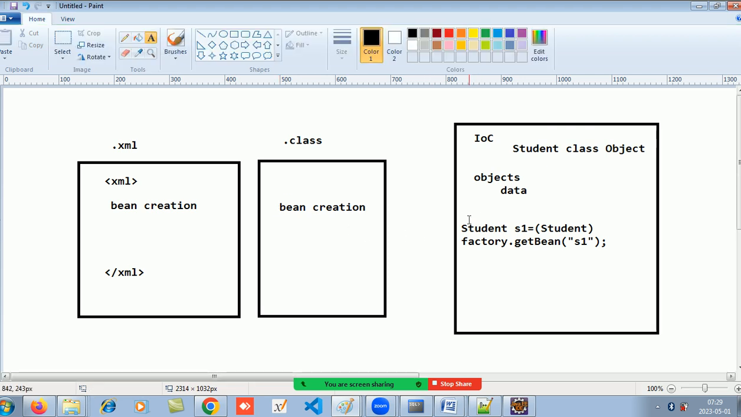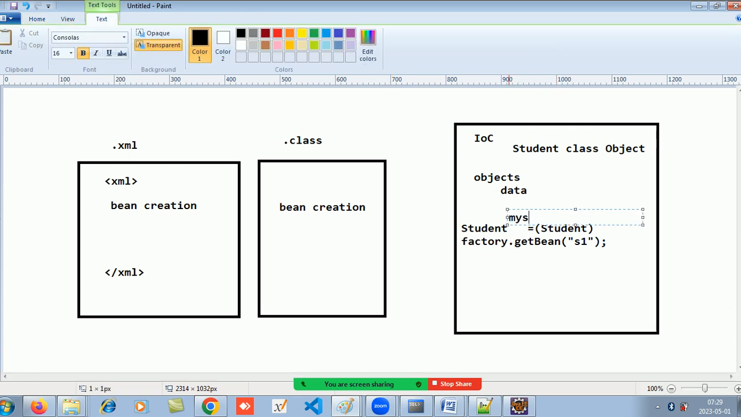सर ये देखो, स्टूडेंट S1 इक्वल टू स्टूडेंट, ये तो टाइप कास्ट है। ये बीन का नाम है, ये तो आपके ऑब्जेक्ट का नाम है, तो आप कुछ भी लिख सकते थे। तो आपने इधर माय स्टूडेंट लिख दिया। देखो सर, स्टूडेंट माय स्टूडेंट इक्वल टू स्टूडेंट, यानी ये तो टाइप कास्टिंग हो रहा है। फिर उसके बाद फैक्ट्री डॉट गेट बीन S1, जो ये S1 है, वो XML फाइल में बीन का आईडी है।